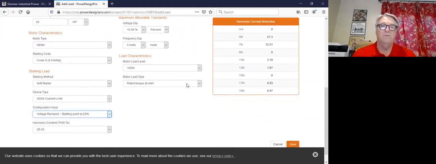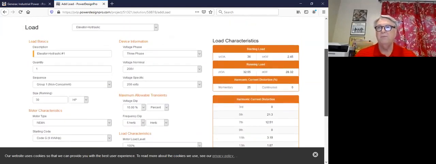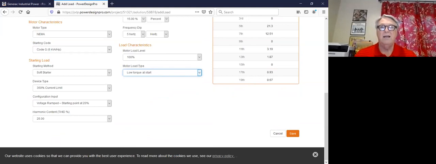It's got a centrifugal pump to start that compressor, so I'm going to use low torque at start, although I could use the standard torque at start, and that would be fine. But it would result in a slightly larger generator. Let me now save this,